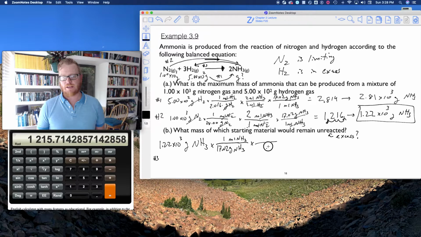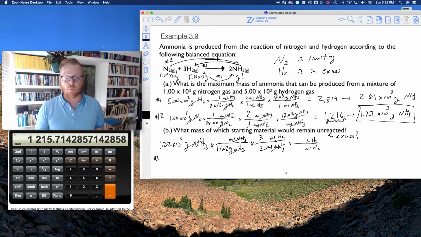Okay? So I need to have mole of NH3 here and mole of hydrogen here. And my balanced reaction tells me 2 moles of NH3 can be made from 3 moles of hydrogen. Okay, let's make sure that we're canceling units correctly. Okay, good. And then now finally I need to go moles of hydrogen to grams of hydrogen, because that's what